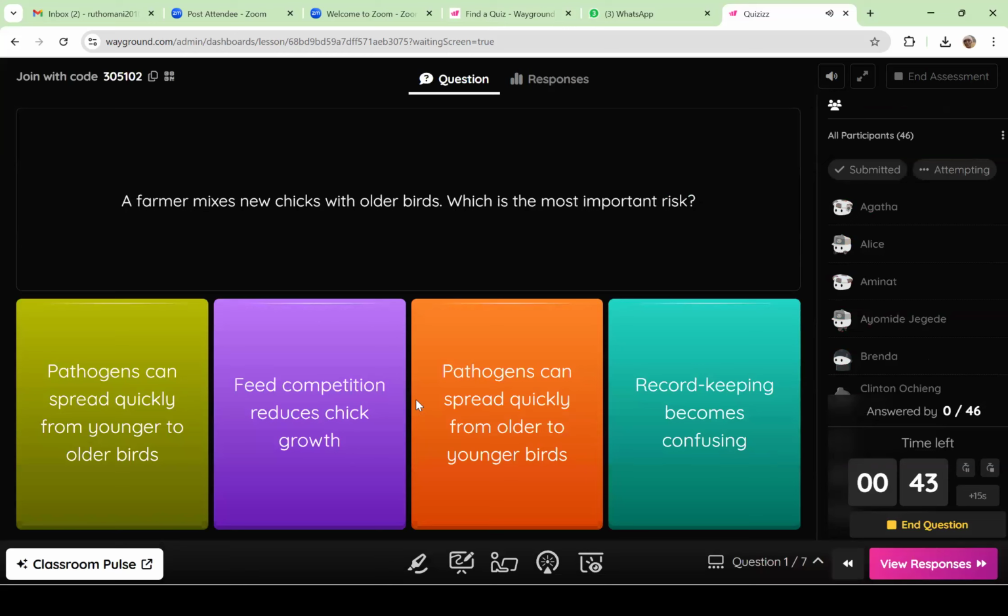So a farmer mixes new chicks with older birds. Which is the most important risk? It's a timed session, so after a few minutes,